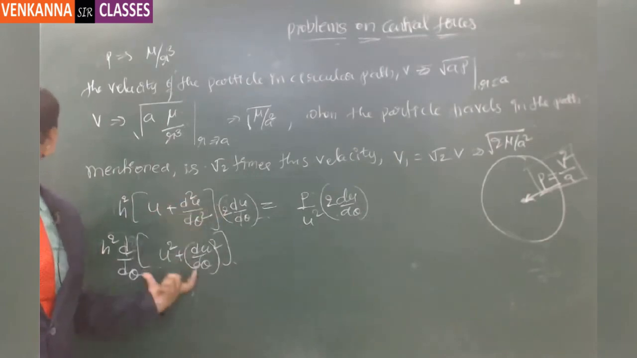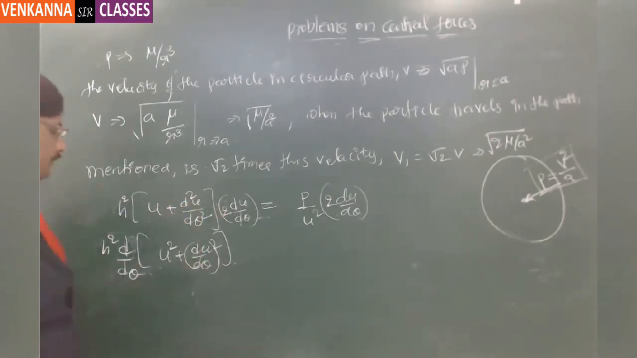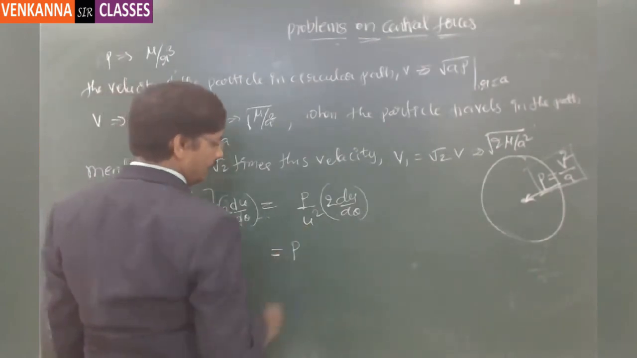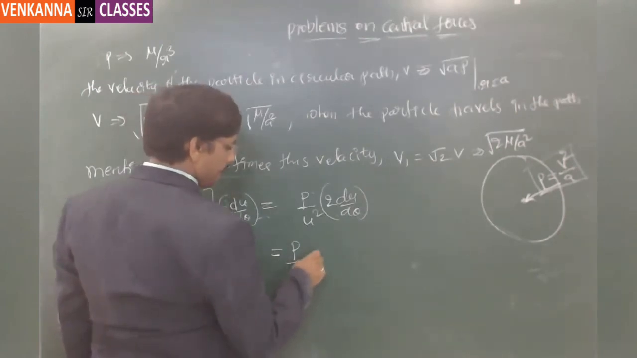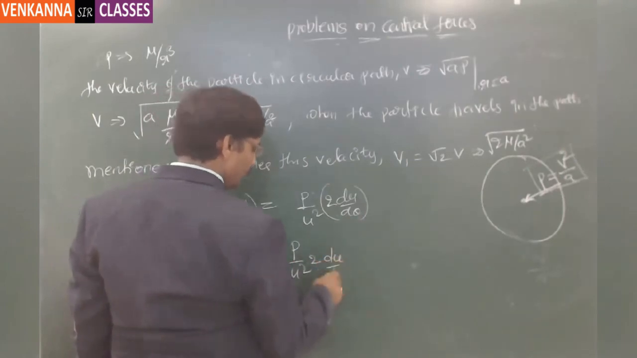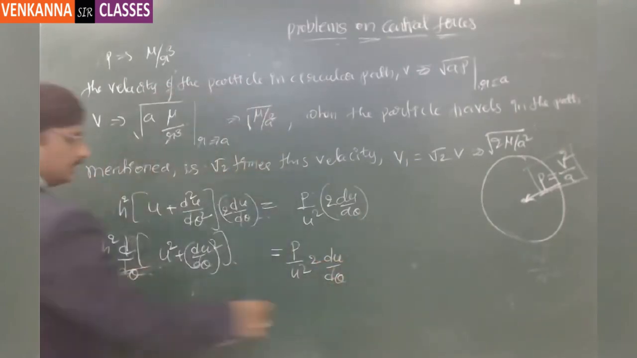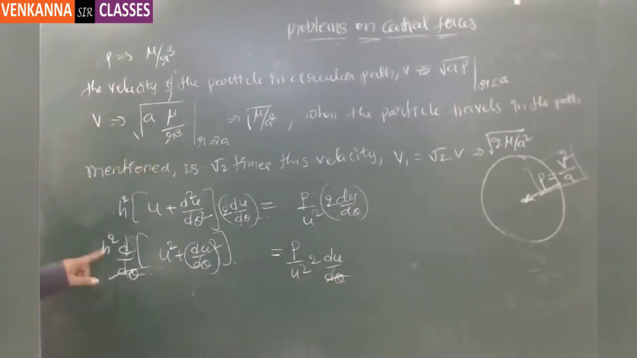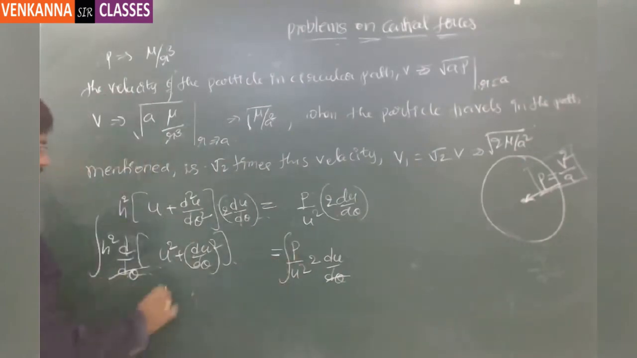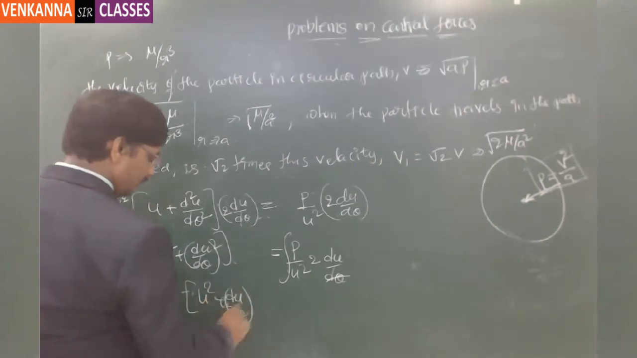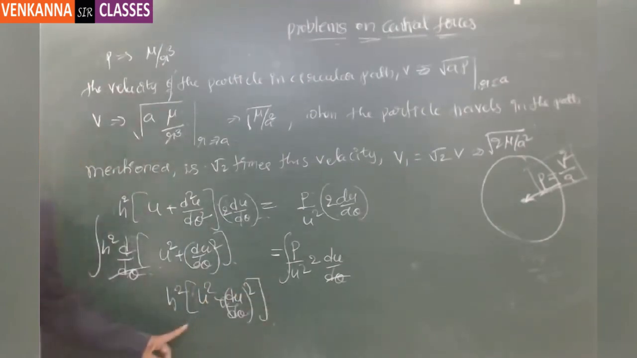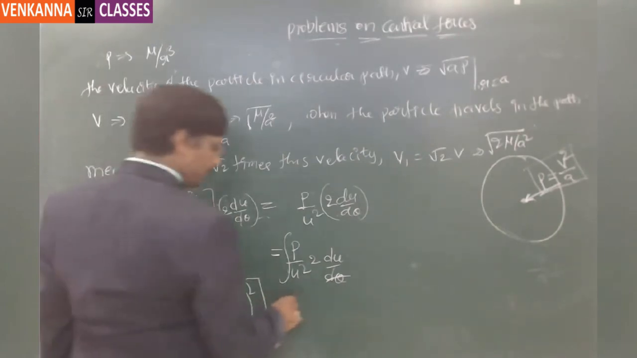So from this you can write this, because this is the exact differential here. So u square plus du by d theta whole square, and this is going to be p by u square into 2 times of du by d theta. Now this d theta and this d theta you can cancel out, and then h square times of, if you integrate on either sides, this is going to be h square times of u square plus du by d theta whole square. So this is the left hand side, and the right hand side is going to be,